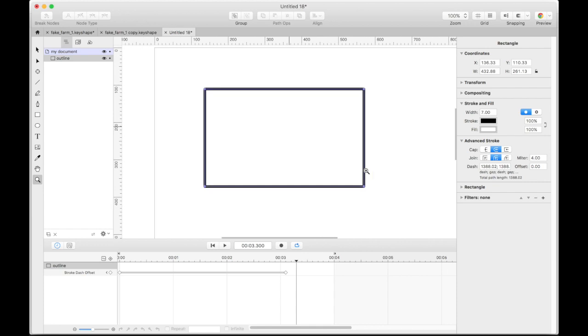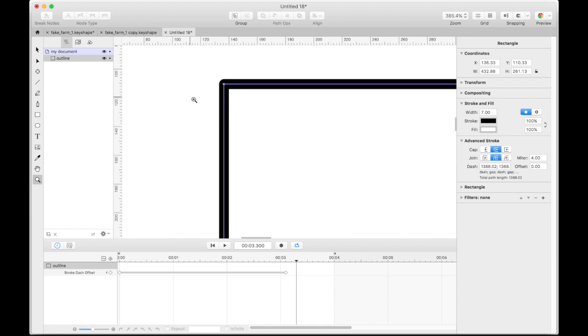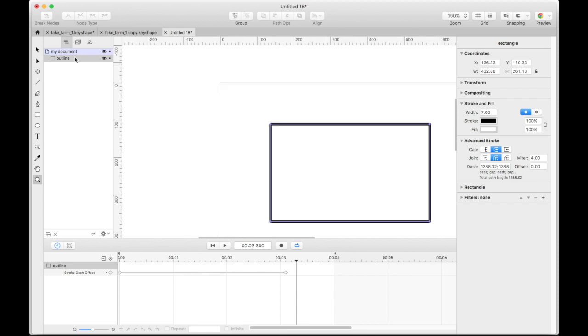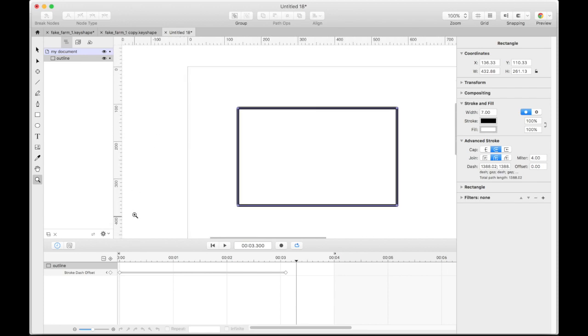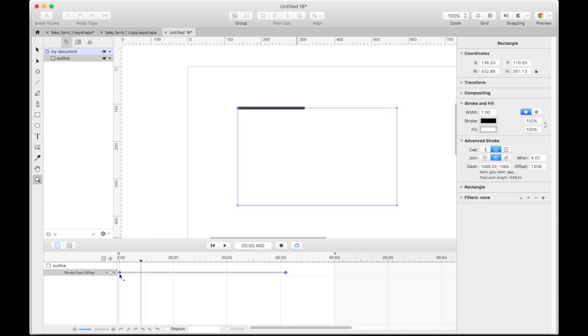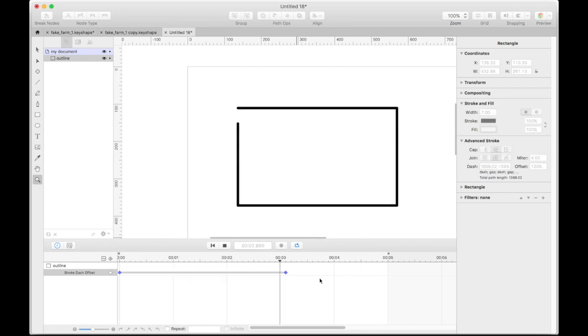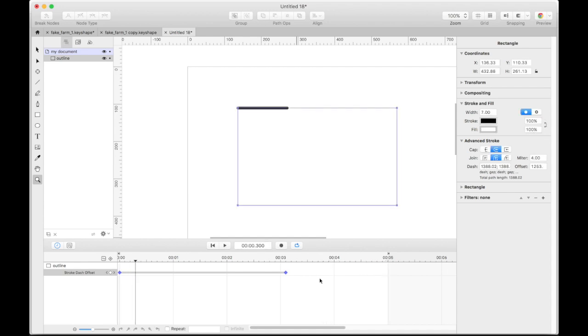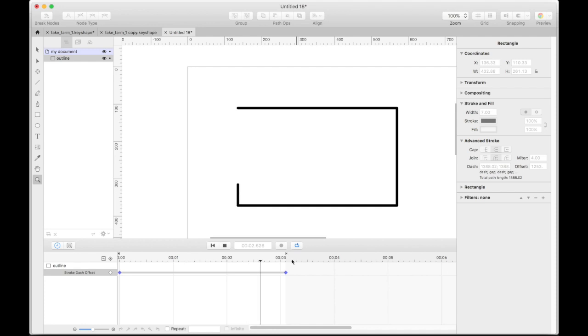So we have that line. Now, here's the other cool thing: when you have this line, we have a couple of things to show. You are in control of the way this works, and also notice that this line goes all the way to the end of this dark gray. So if you want, it would go all the way to 5 seconds, and we're going to do this for dramatic effect, and it's just going to sit there and not repeat. If you want it to repeat at exactly the completion of your node, then move that over, and I'm just hitting spacebar to get it to go, and you see it there.